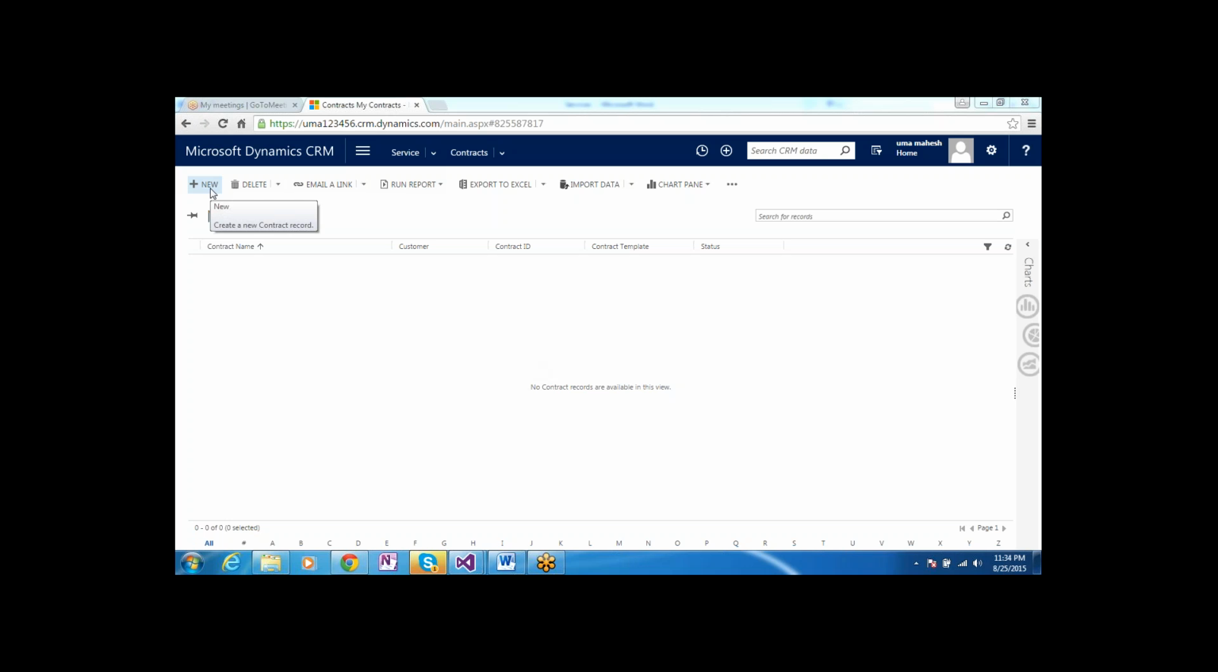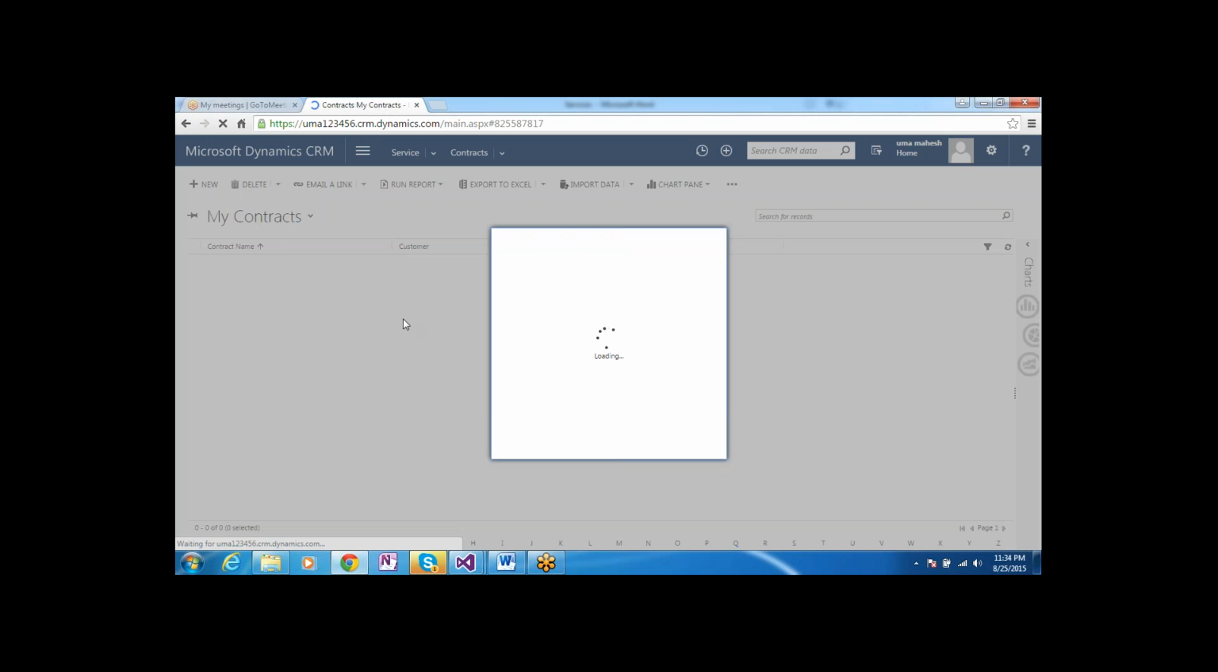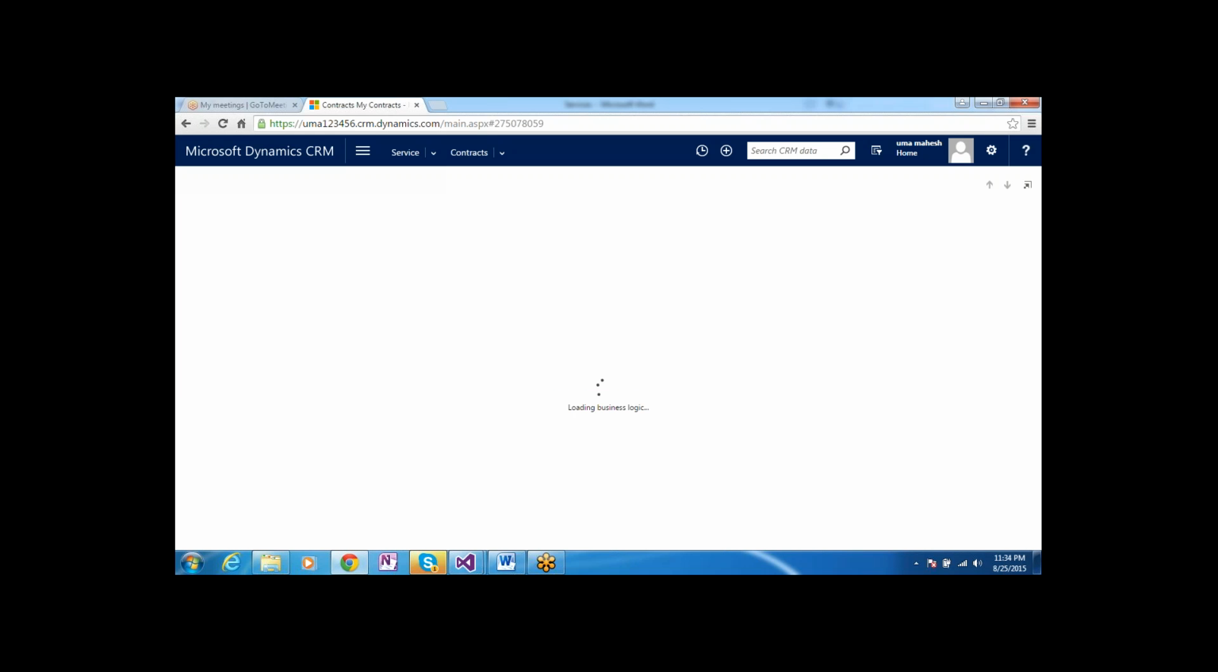For creating a contract, if you click on new, you should select one template. Out of the box, they provide one contract template automatically. This is the out of the box template, so we are selecting it. If you want, you can create your own custom template. Once you click okay,